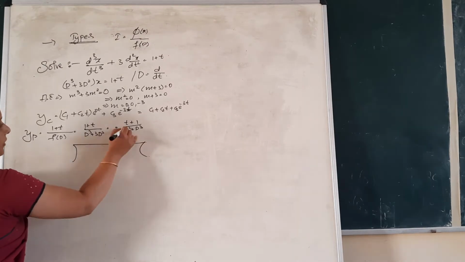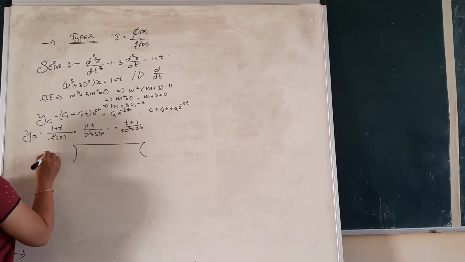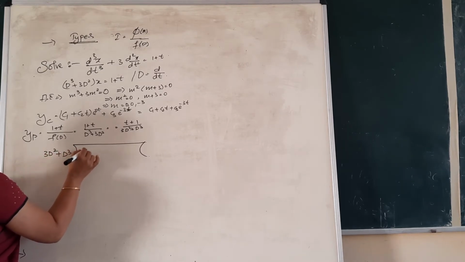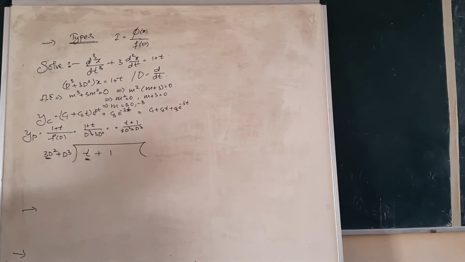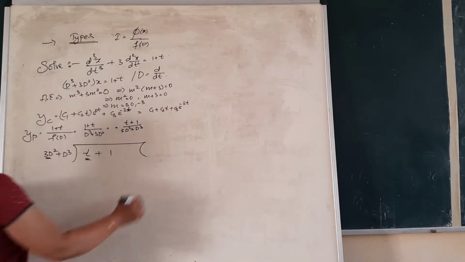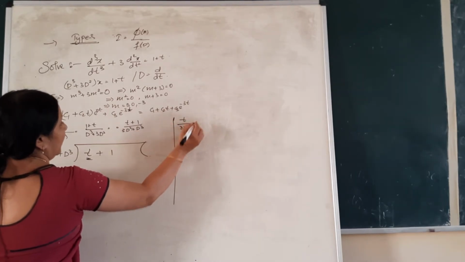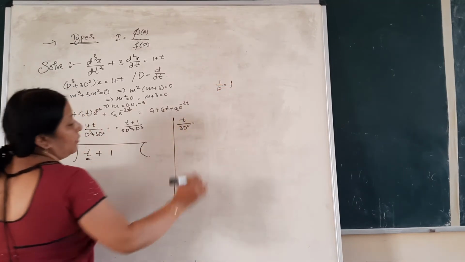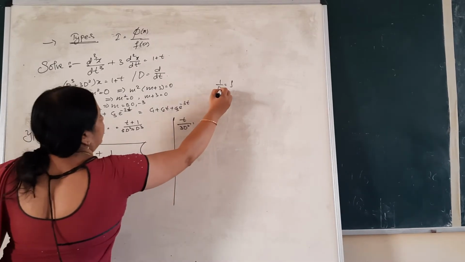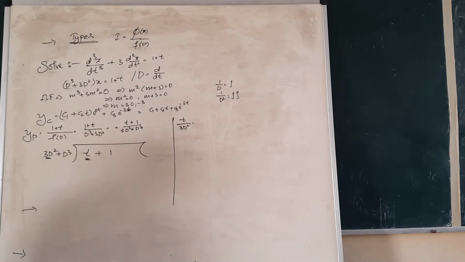So we have 3d square, t plus 1 inside and outside is 3d square plus d cube. Okay, the first term divided by the first term. So that's how you should do it. So what is the first term here? T. So let us do that. T divided by 3d square. I told you, always remember 1 by d. In the previous video also I have told you 1 by d is equals to integral. Therefore 1 by d square is also double integral. You got to double integrate it.